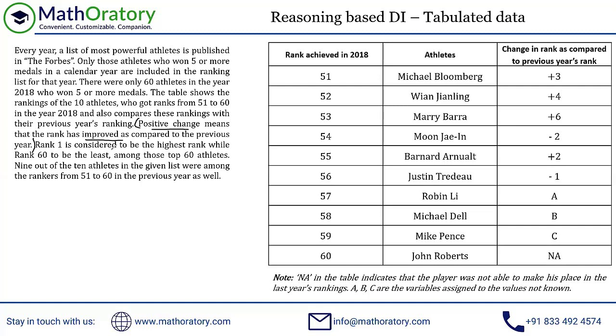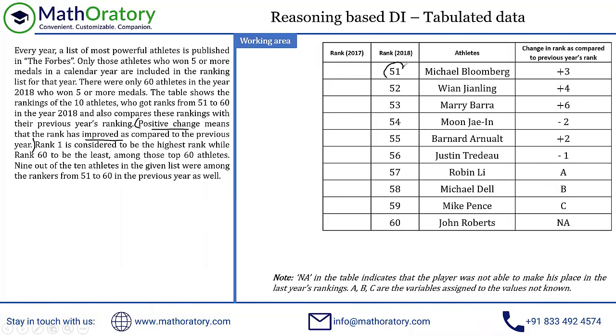So if I say rank in 2018 is 51, and there's a positive change of 3, which according to the premise is an improvement in the rank. So from 2017 to 2018, there's an improvement. So 2017 should be a lower rank, which is higher in value, isn't it? So effectively it has to be 54 in 2017 or something, right? So what we are going to do is I'm going to just draw a column out here, and I'm going to indicate the ranks in 2017 as much as I can. So here, as I was talking about, this is 51, this is +3. So there's an improvement. So this has to be 54 in 2017, right?